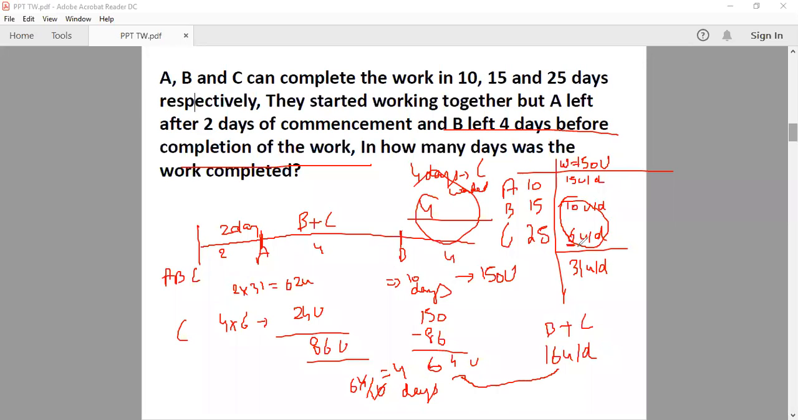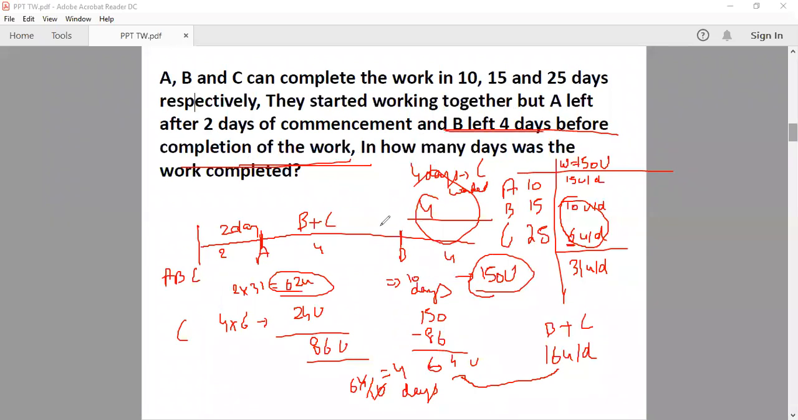तो जब मिलके काम किया उन्होंने पहले 3 दिन, तो 10 प्लस 15 प्लस 6 कितना काम हुआ? 31 यूनिट्स काम हुआ. ठीक है, जब तीनों ने मिलके काम किया 31 यूनिट्स काम किया. अब क्योंकि वो 2 दिन काम किया तो 31 into 2 62 यूनिट्स काम हो चुका है आपका. टोटल वर्क है कितना आपके पास? 150 यूनिट्स. अब आखिरी से 4 दिन हमें ये भी दिया हुआ है, B left 4 days before the completion of work,